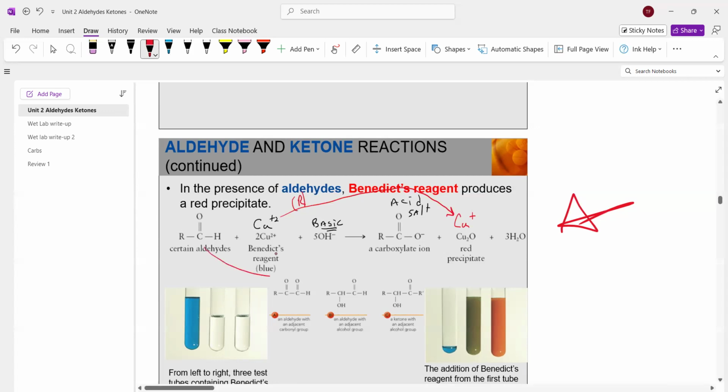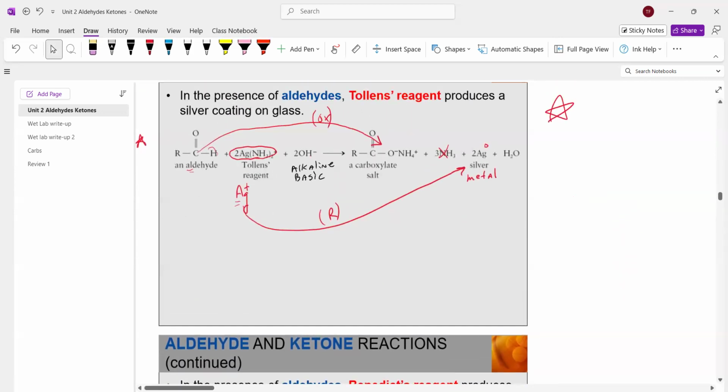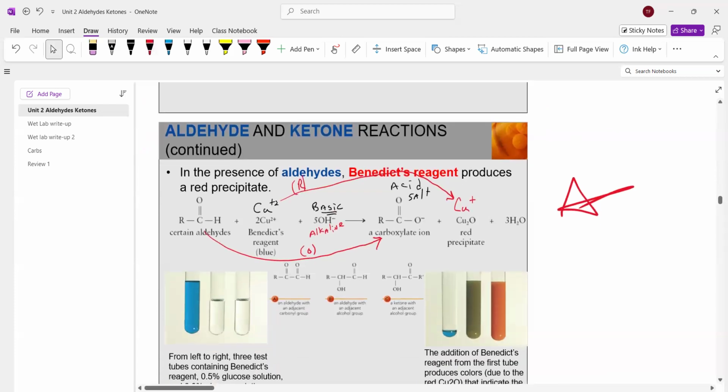The aldehydes go again to the carboxylic ion or salt. And this is again in an alkaline or basic solution. But these two only differ with what's being reduced. In the case of Tollens, it's silver. In the case of Benedict's, it's copper. So if we look down here,